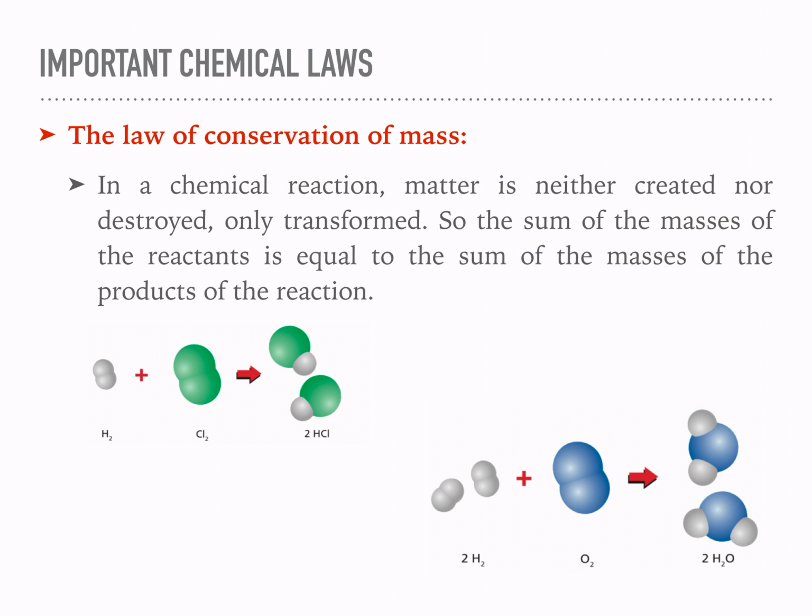A law means something that is always true. It's something that happens. If you remember the scientific method, this is the last step. We have an idea that was a hypothesis, and if that idea is confirmed by the experiment, that is a law. So the law of conservation of mass is something that is already demonstrated in the experiments,